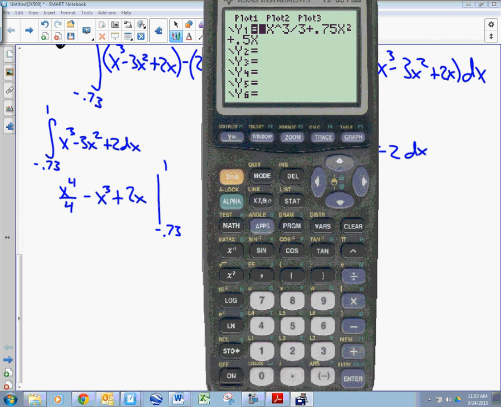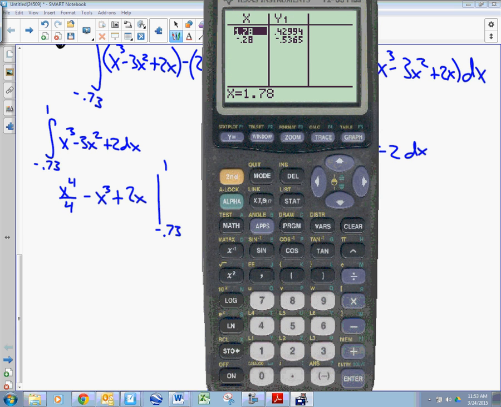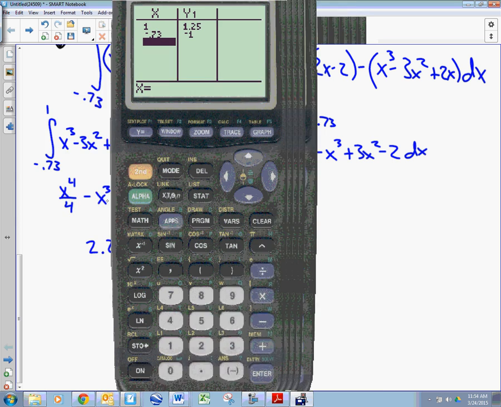And if I clear this out, y equals, and type in 0.25 x to the fourth minus x to the third plus 2x. And I'm going to go into my table so I can come up with values rather quickly. I'll type in 1 and negative 0.73. And you can see I get 1.25 and negative 1. So if you take 1.25 minus negative 1, you'll get, so that's that area, plus,